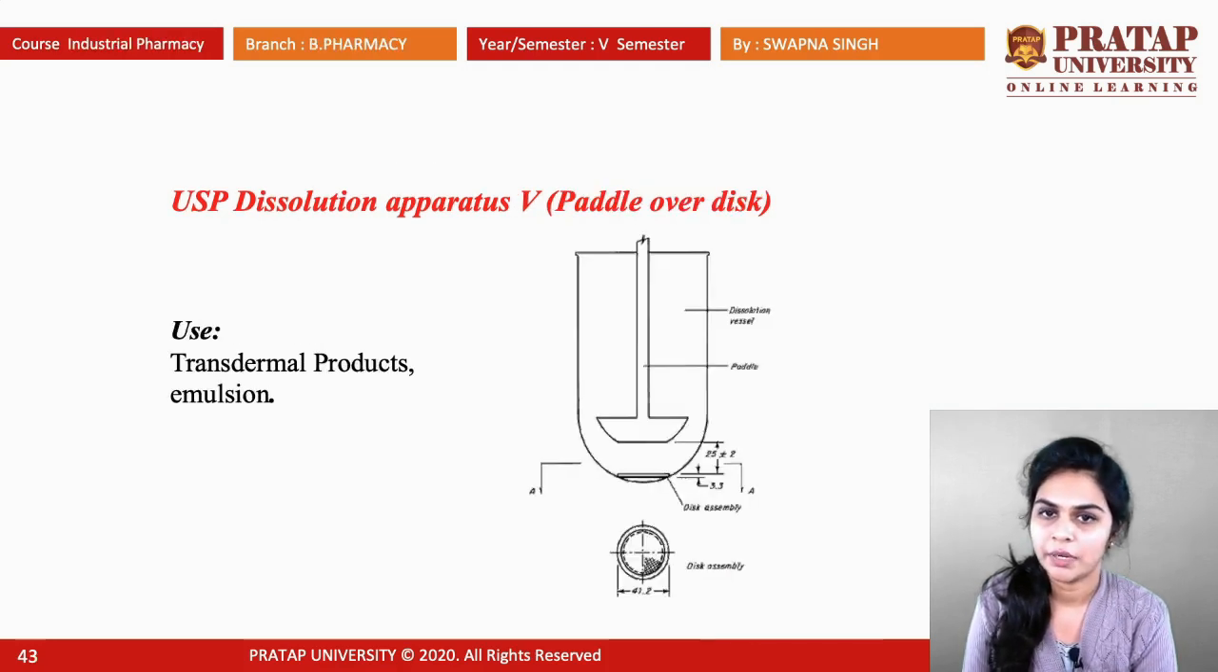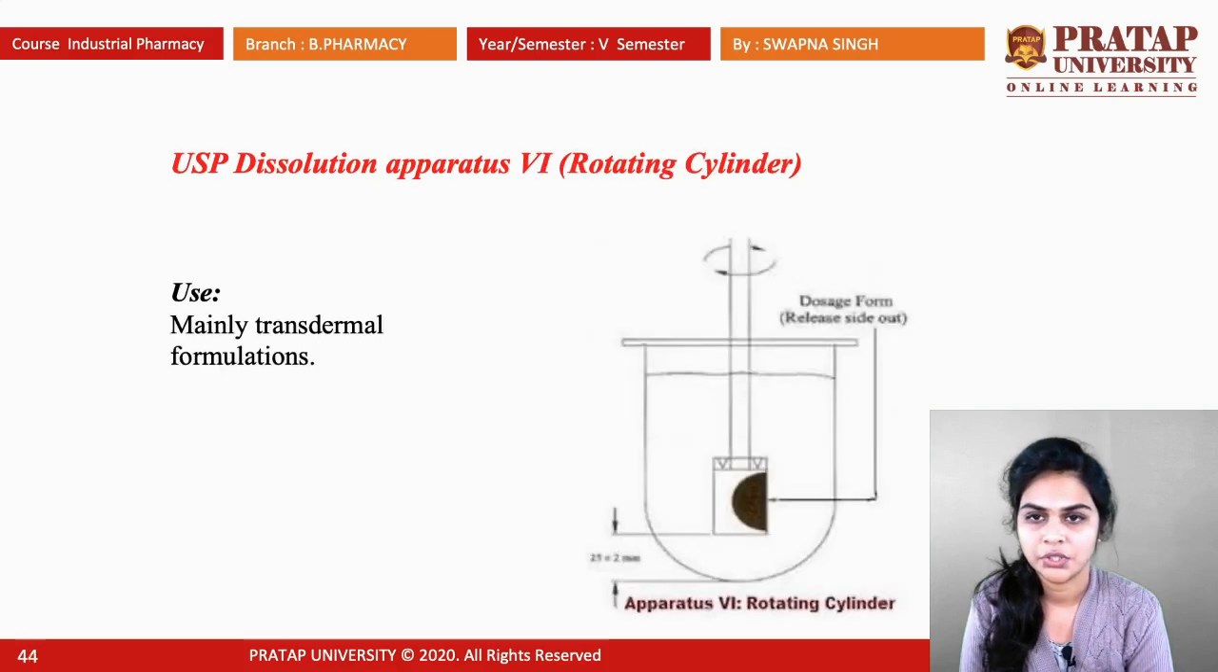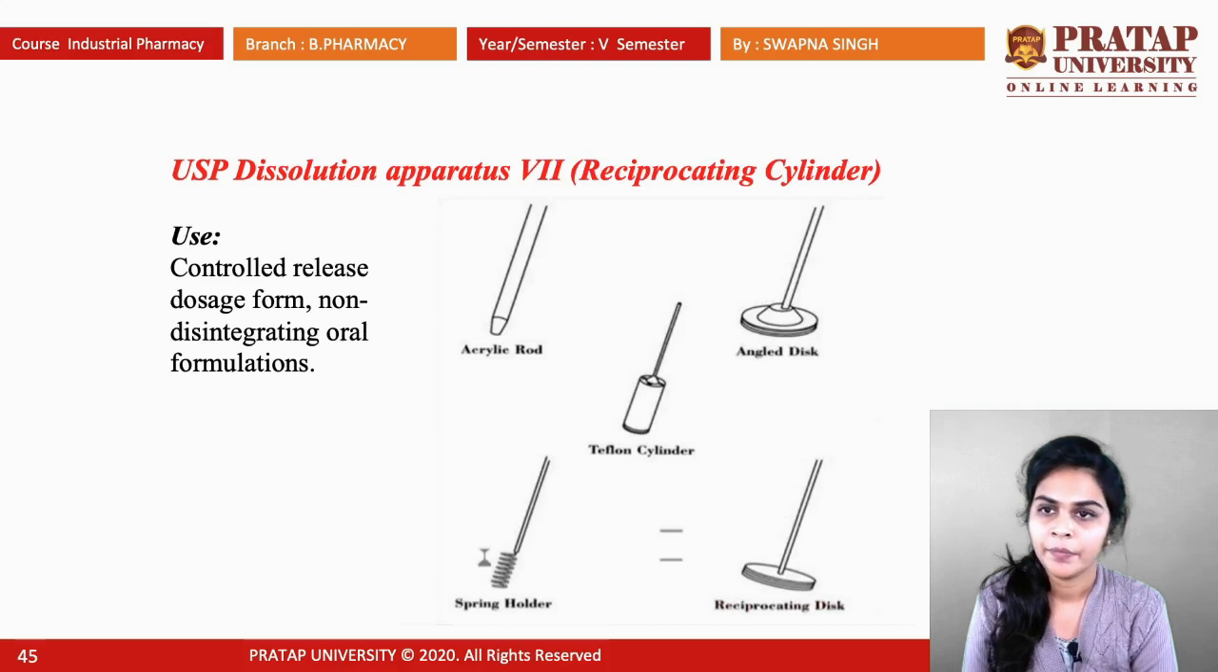USP dissolution apparatus 5 is also known as paddle over disc, and it is used for the dissolution of transdermal products or emulsions. Dissolution apparatus 6, that is rotating cylinder, is mainly used for transdermal formulations. Last one is